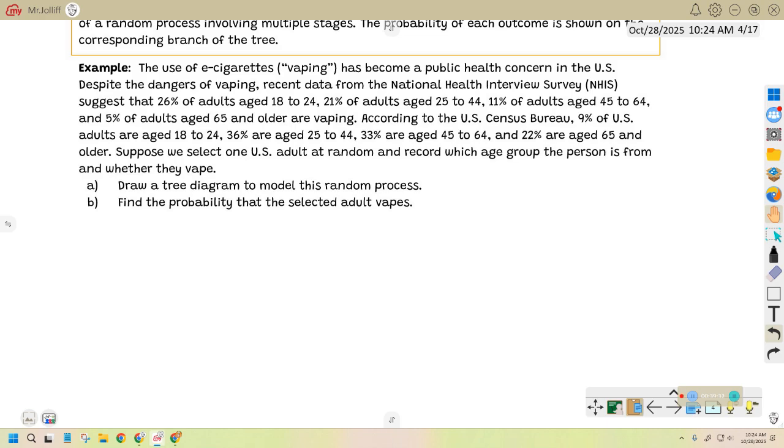The use of e-cigarettes vaping has become a public health concern in the U.S. Despite the dangers of vaping, recent data from the National Health Interview Survey suggests that 26% of adults aged 18 to 24, 21% of adults aged 25 to 44, 11% of adults aged 45 to 64, and 5% of adults aged 65 and older are vaping. According to the U.S. Census Bureau, 9% of U.S. adults are aged 18 to 24, 36% are aged 25 to 44, 33% are aged 45 to 64, and